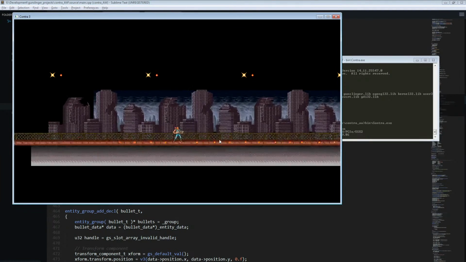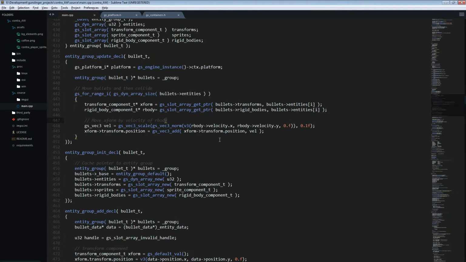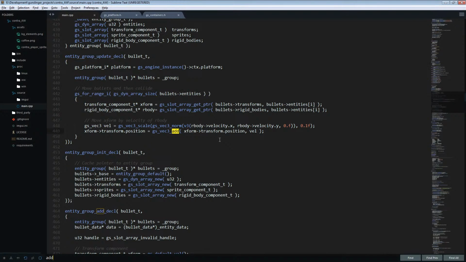It's not bad. Now what we can do is whenever we actually add a bullet,